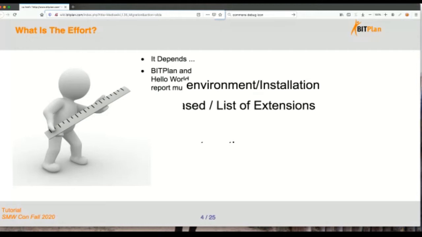It's a multi-week effort. For any extension you look at, you have to check: does it still work for me? And you might have to fix it yourself. You might have to contact the developers. You might have to wait a bit until things work. So don't take this too lightly.